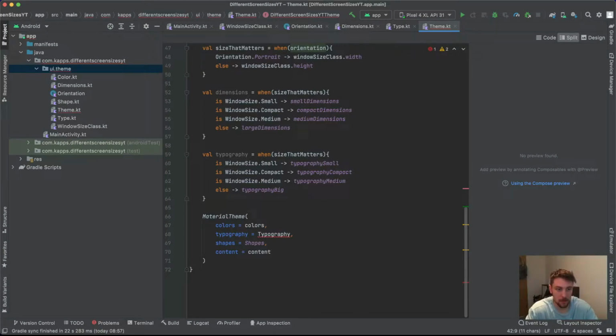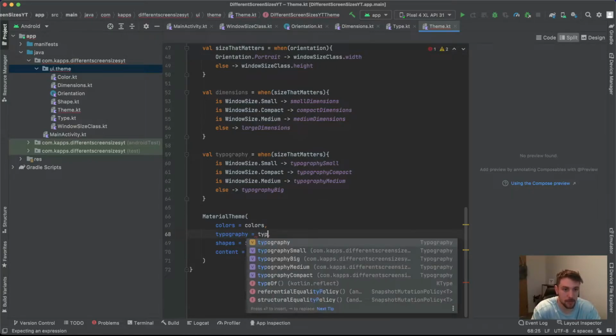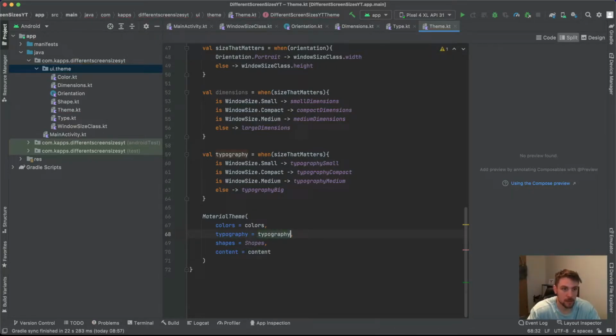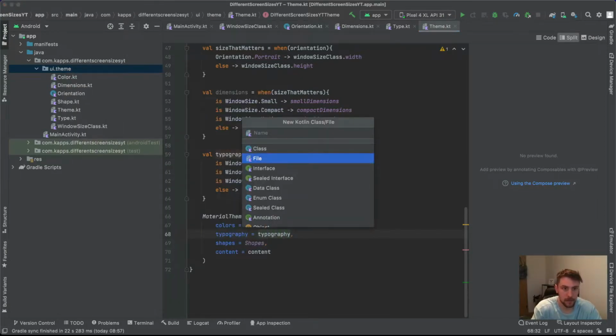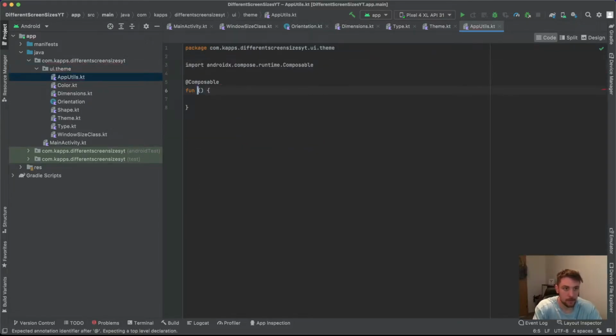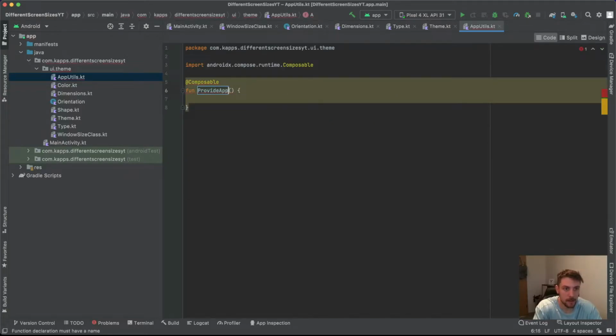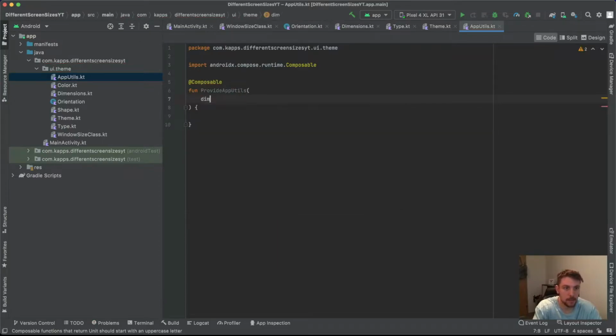into this material theme. For the typography, it's really easy. We can just use this typography parameter, but we also want to pass the dimensions and the orientation so we can access this during runtime in our composable functions for our screens later. And to achieve this, we will create another Kotlin file, which I will call AppUtils. And inside here, we will have a composable ProvideAppUtils. This takes the dimensions and the orientation and also a content, which is a composable,